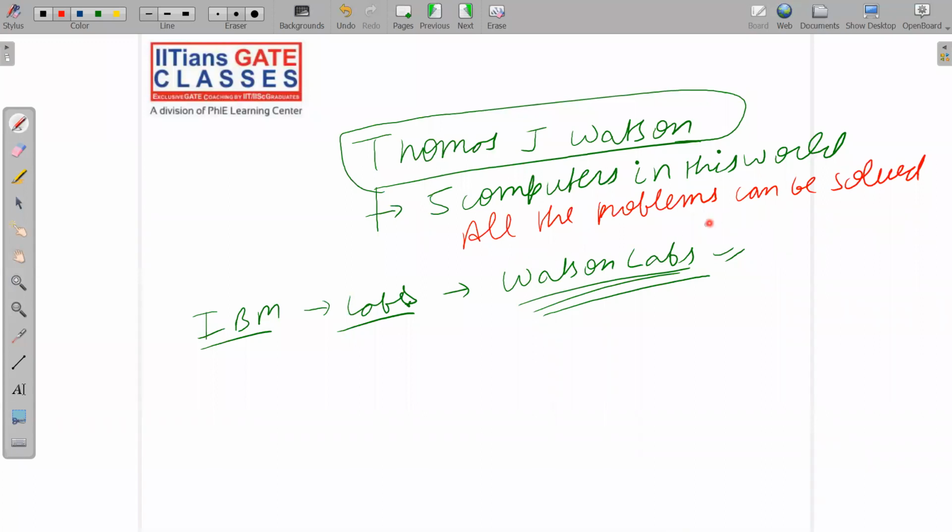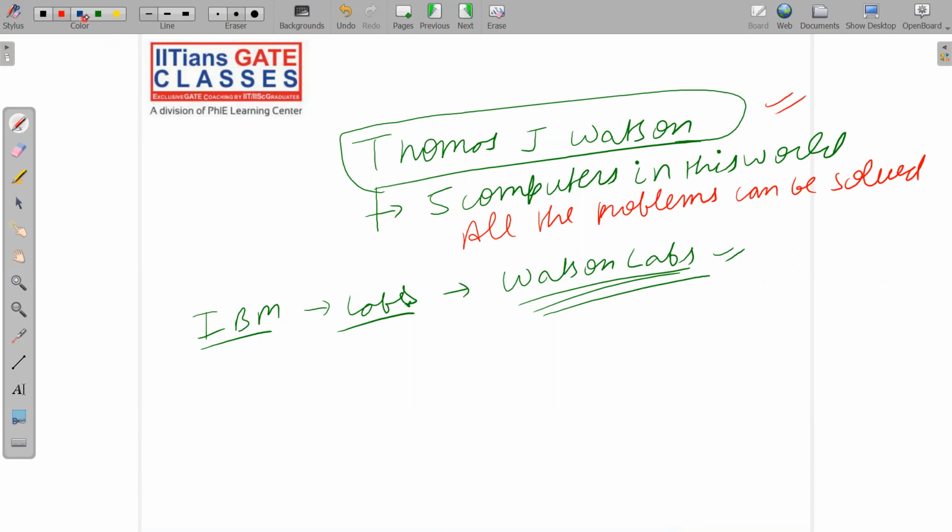Okay, so see now, some scientists give very, very wrong statements. But still science is science only, no? So still lots and lots of research is going on, but I just want to say that some scientists give very wrong predictions. They are very brilliant in their research area, but still they give very wrong statements. And this was one of the wrong statements, which was given by Thomas J. Watson.